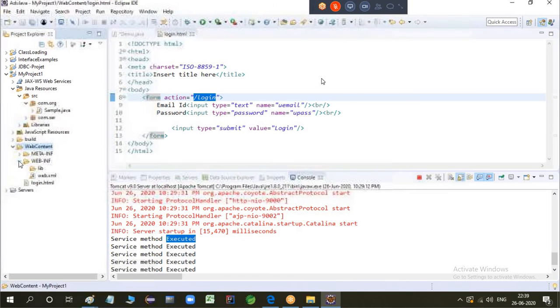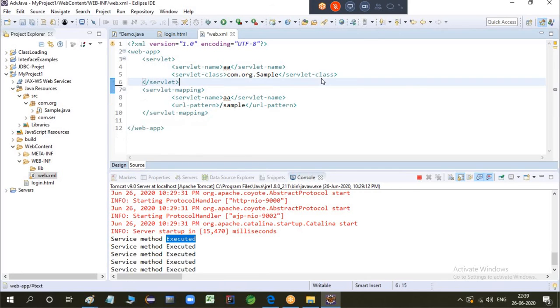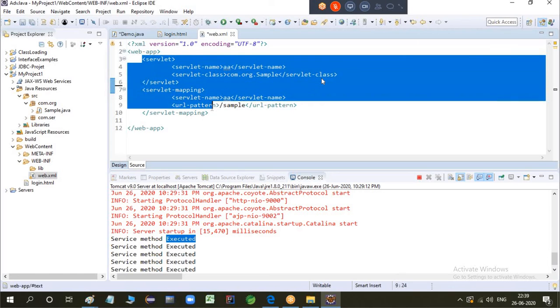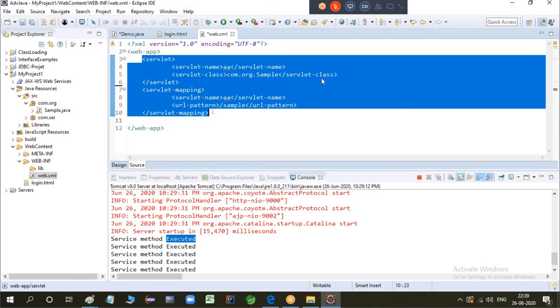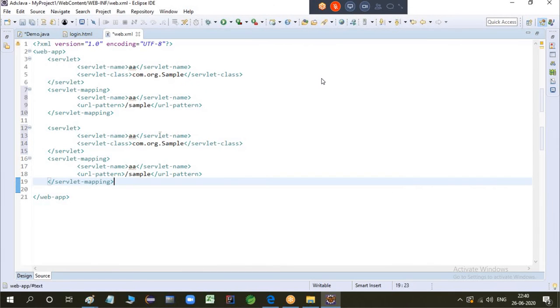Where is my web.xml file? Here it is. Okay, and if you don't want to disturb this, what you can do, you can just take one more pattern and paste it here. Okay, what's my class name?